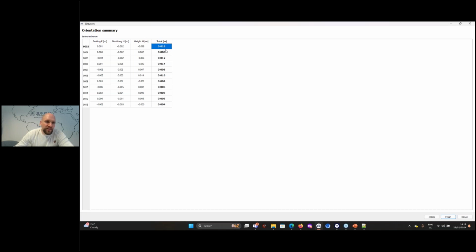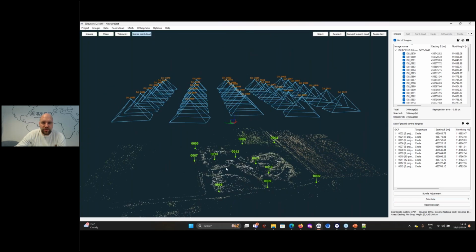The usual guideline is we check for this ground control point error. And if here we see a value like 3 or 4 centimeters or more, in that case, you would go back and you would check how that ground control point is defined, maybe improve the centering of that ground control point manually, and then repeat the orientation until you get it down to about 2 centimeters or maybe 3 centimeters. Right. Now I will press finish here, and now our model is georeferenced with these ground control points.